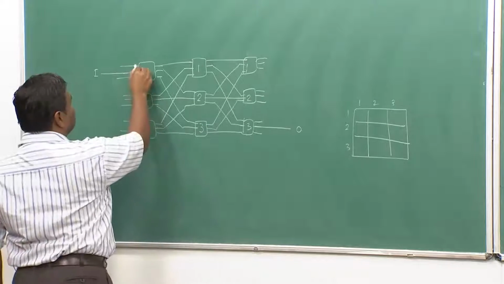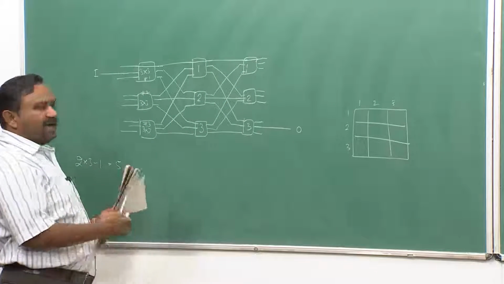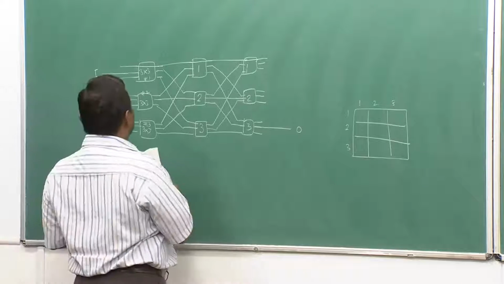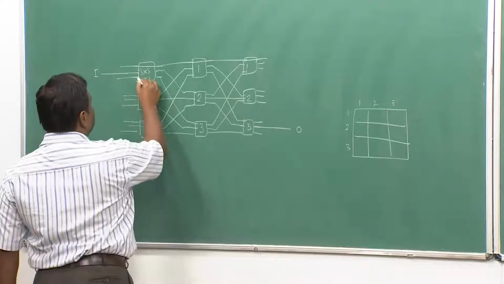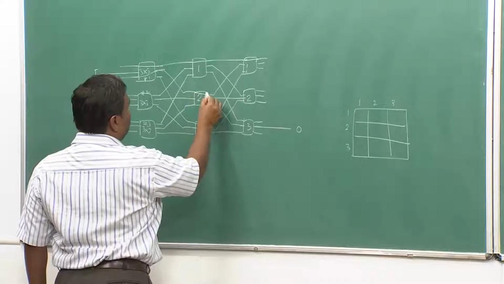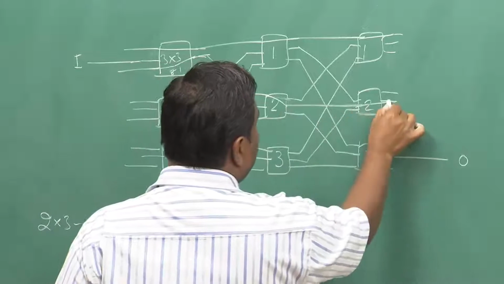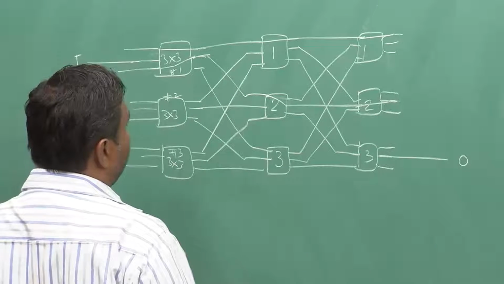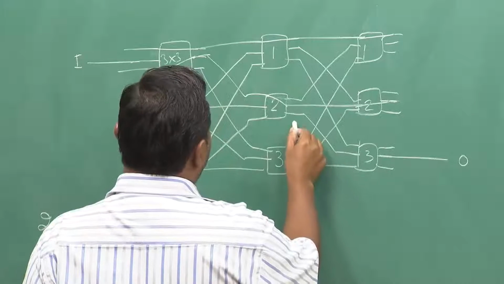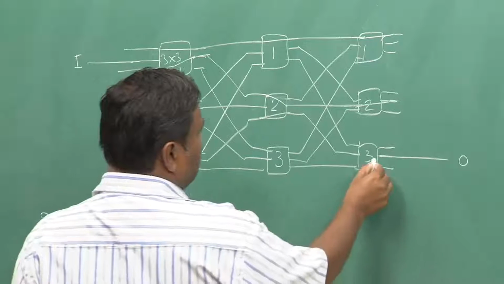So, if this path has been set up in this fashion, I am just going to create a blocking scenario, and let us see what will happen. The second one is being occupied through this. The third one can be in this fashion, and